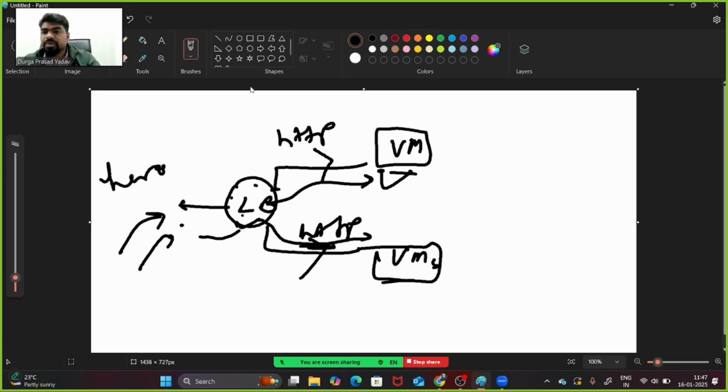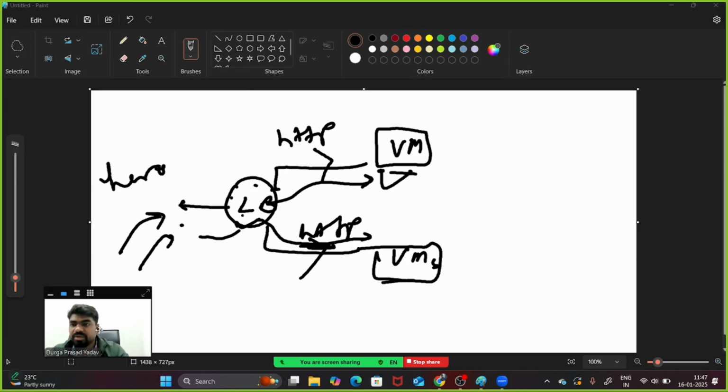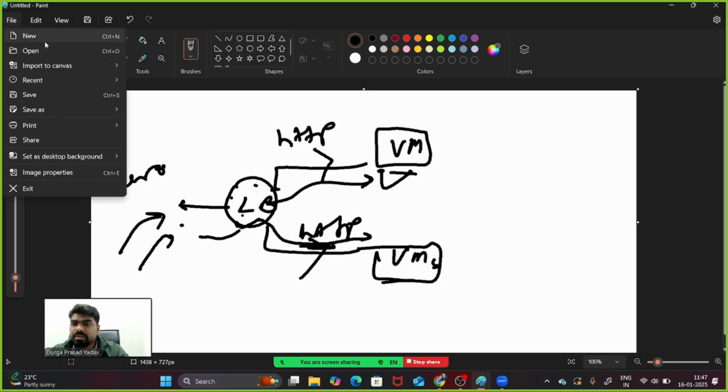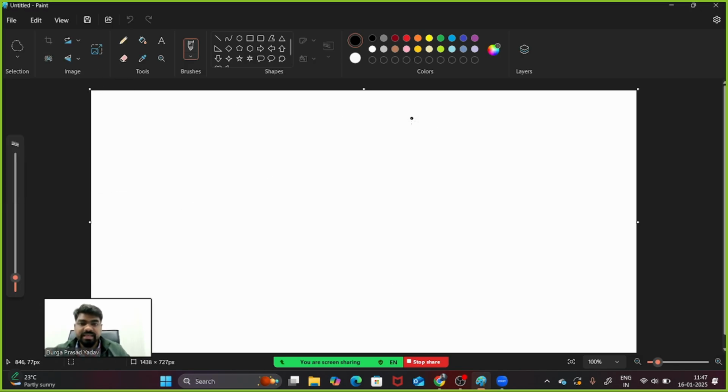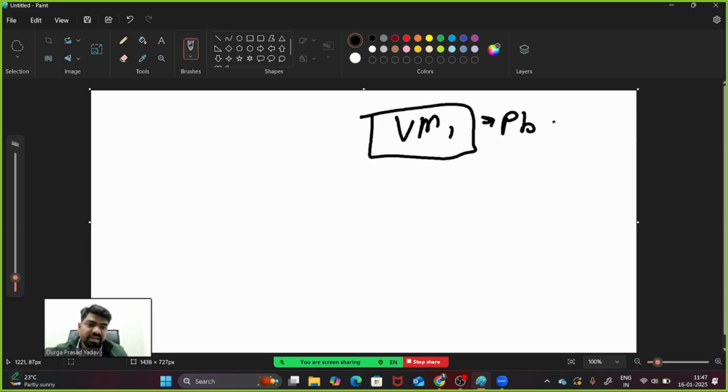And if you need to understand why we are doing two, you can try to understand from here. Let's say VM1 will be in public subnet 1, and VM2 will be in public subnet 2.